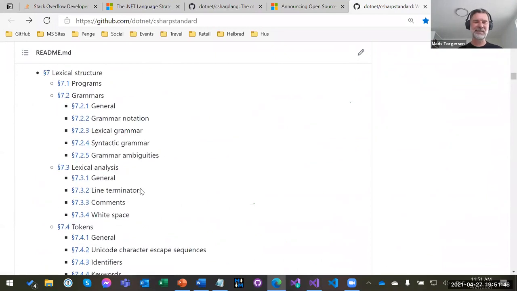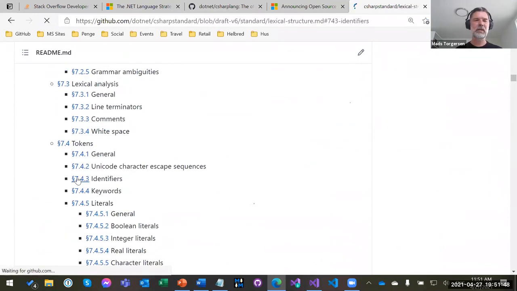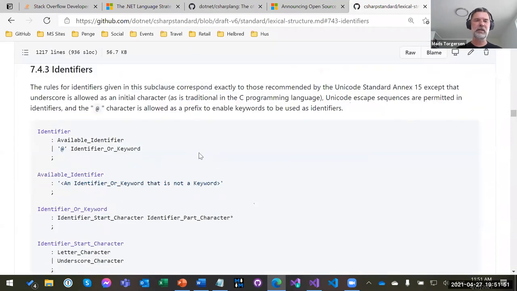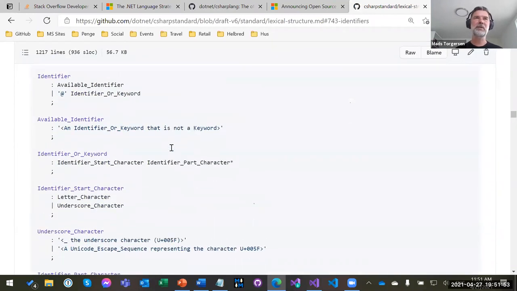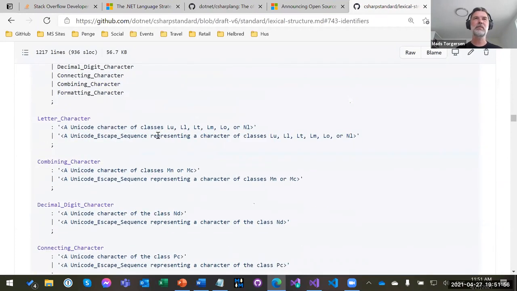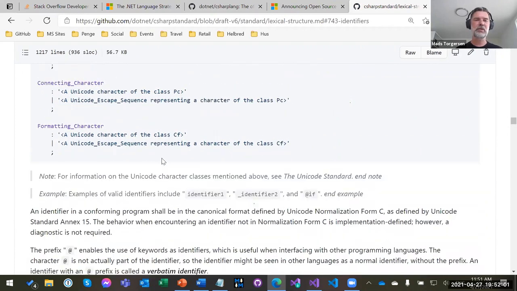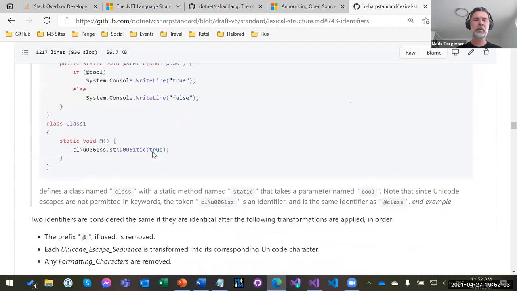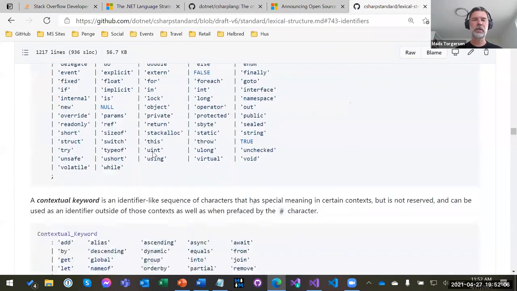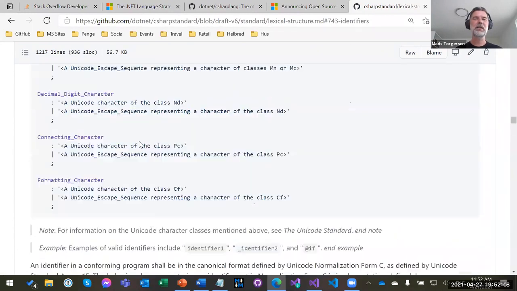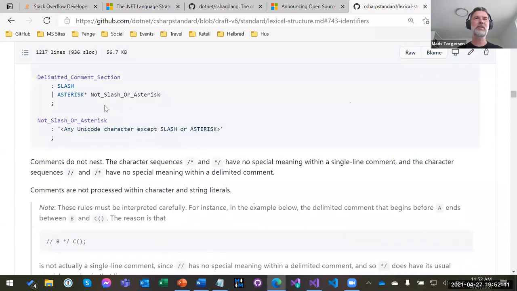Here's the table of contents. So you go and look about, you want to see something about identifiers. Here's the grammar now in ANTLR style instead of that weird Kernighan and Ritchie grammar style that we had before. Everything in Markdown. Spec beautifully rendered. On its way to becoming C# 6 and C# 7. Those are the features that we're working on right now, and hopefully in a couple of years' time we've caught up to roughly where the actual C# that's released is.